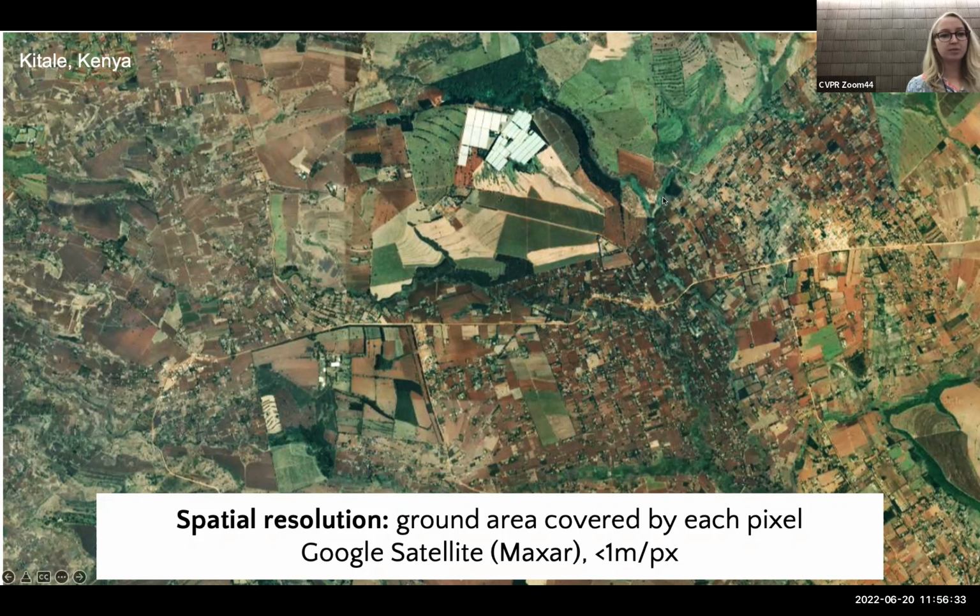So here's just some examples of the same area in Kitale in Kenya, and how that looks in different satellite data sets with different spatial resolution. So here, for example,